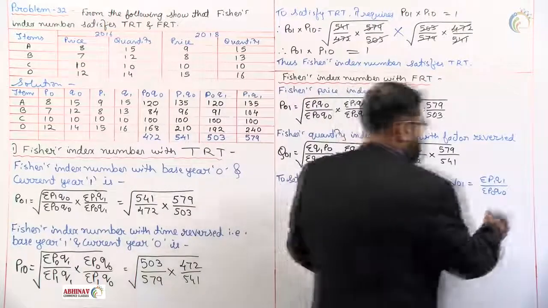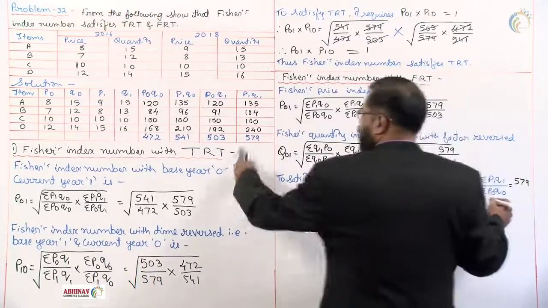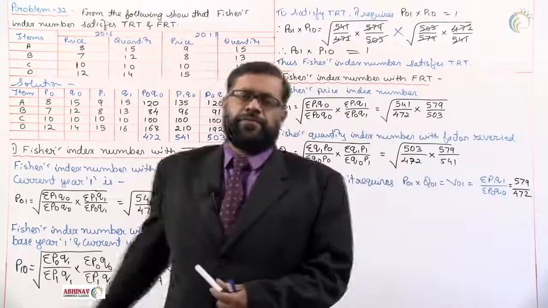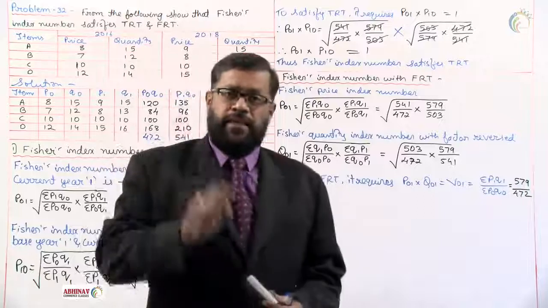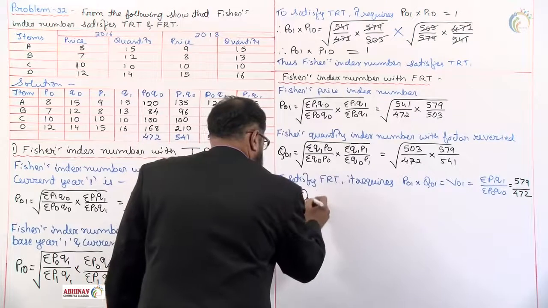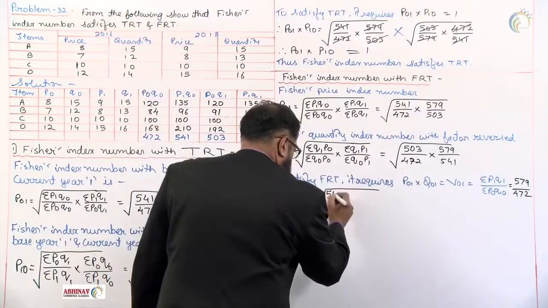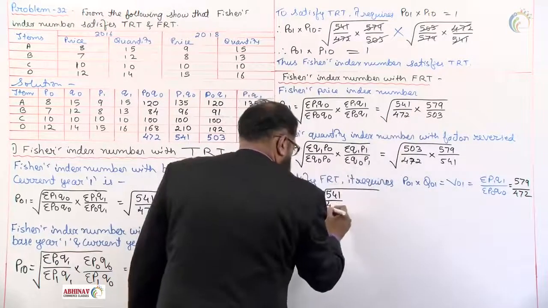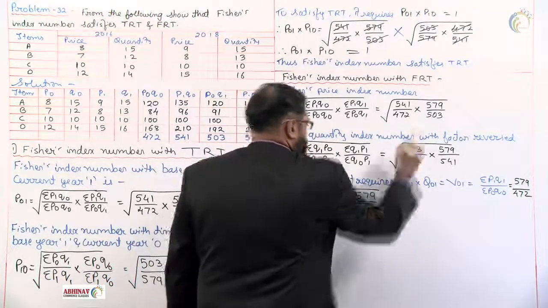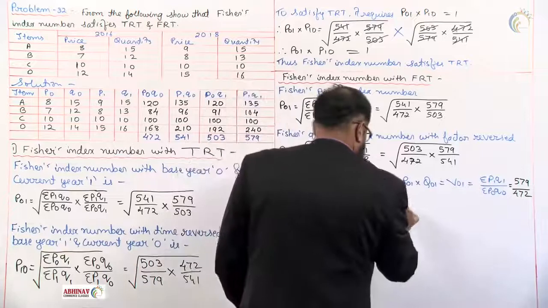What should remain? See, what is P1 Q1? 579. And what is P0 Q0? 472. This has to be the answer of what we solve here now. Let's see. P01 into Q01. P01, the first one, is 541 divided by 472 into 579 divided by 503. This will multiply with Q01,